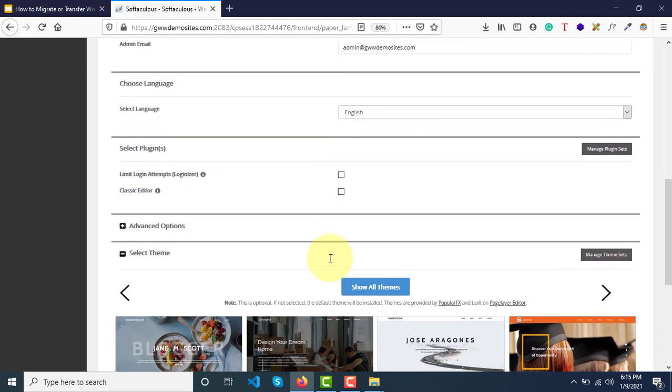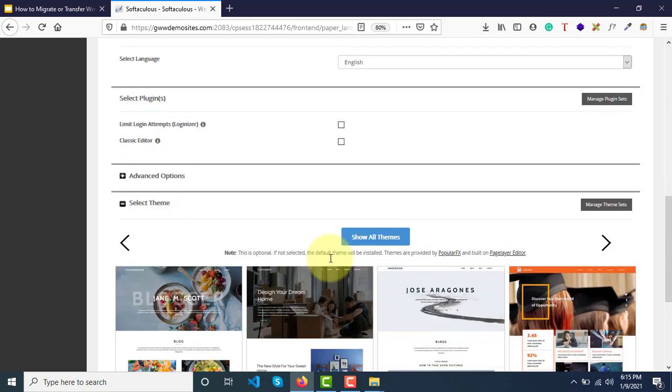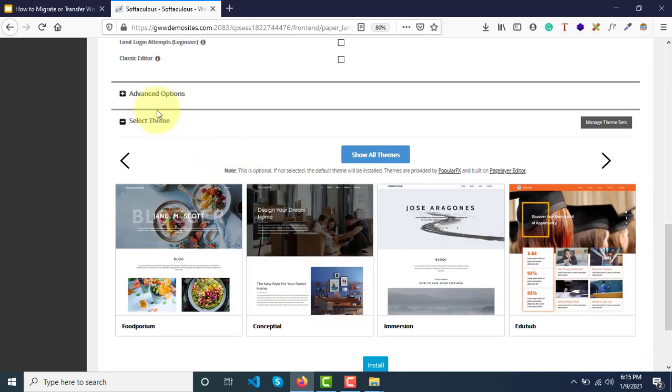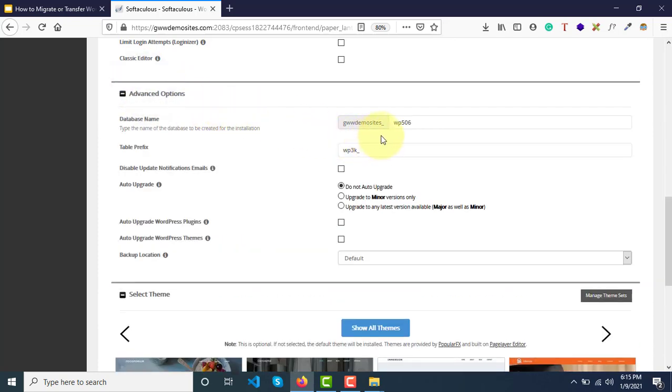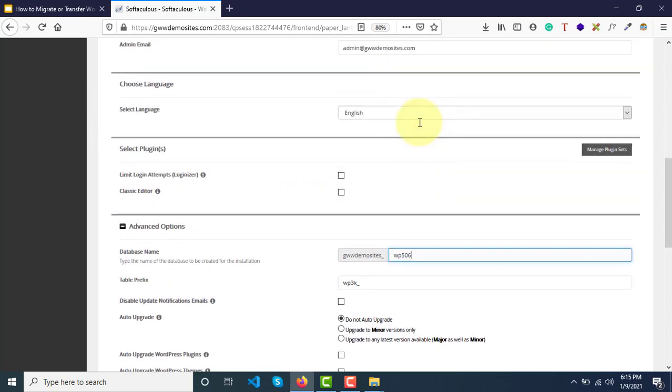And then, yeah, before you click on install, go here under advanced options and see which database this WordPress instance is going to create. This WordPress instance will be connected to a database called WP506, right?